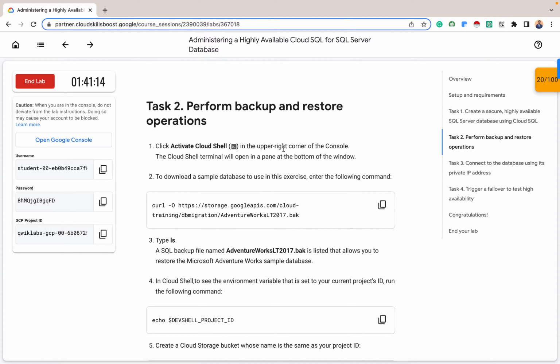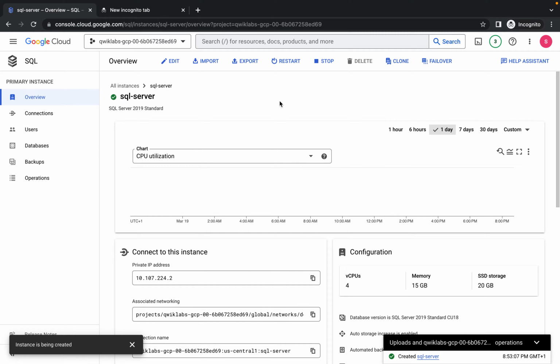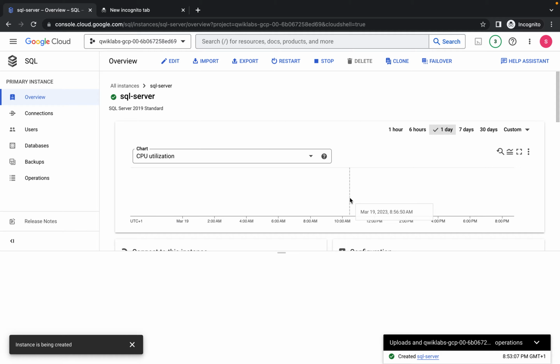So for task 2, we want to perform backups and restore the necessary operations we just want to see on our database. And before we can do that, we have to first download the sample database that we are going to use. So this is the sample database I'm going to use. I'm going to call it using the curl command. Then after I download it on my cloud shell, then I can now take it to the cloud storage bucket I'm going to use. So first activate my cloud shell,